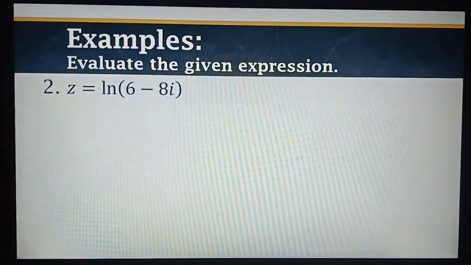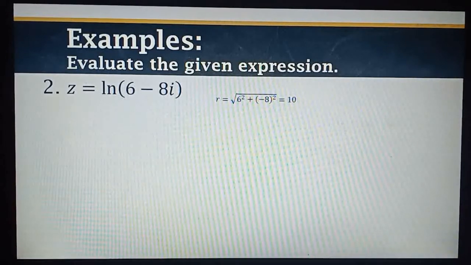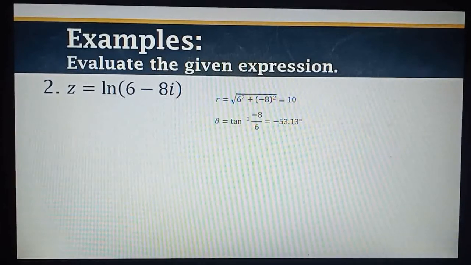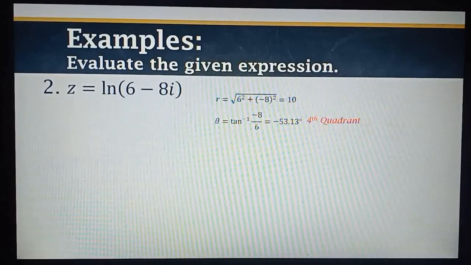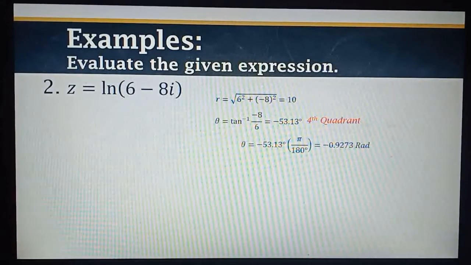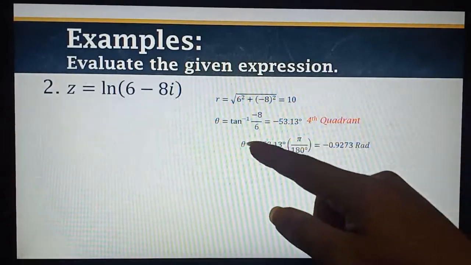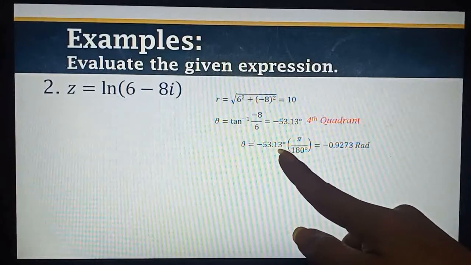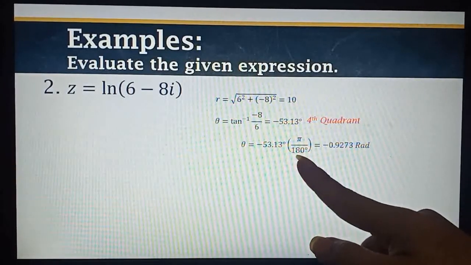Now another example is ln of the quantity 6 minus 8i. So getting the r, you will have the square root of 6 squared plus negative 8 squared, that is equivalent to 10. Then our theta is arctan of negative 8 over 6, which is negative 53.13, which is located in the fourth quadrant. So as is, the angle, all we need to do is convert into radians. So you will now have negative 53.13 multiplied by pi over 180. That is negative